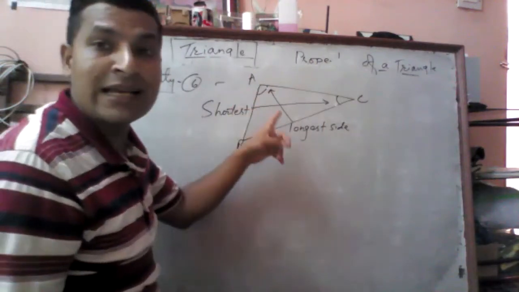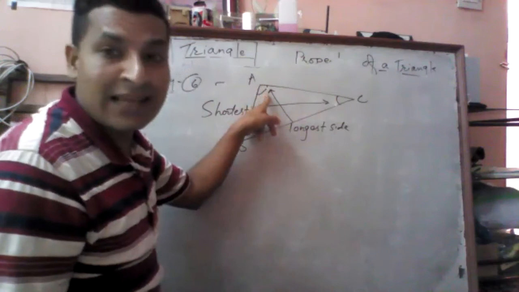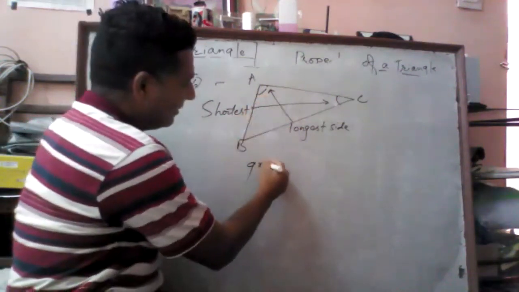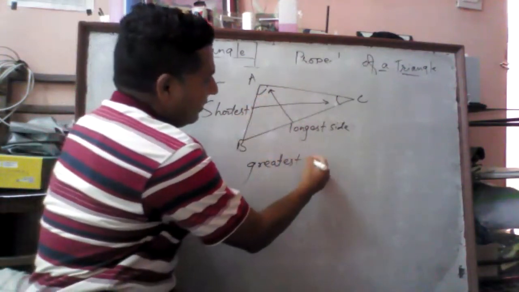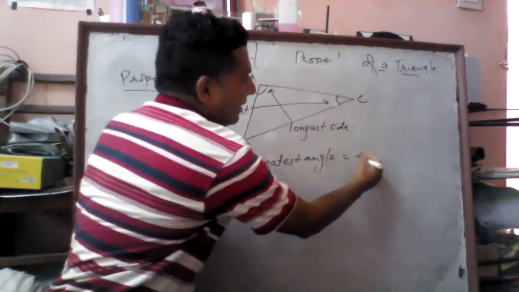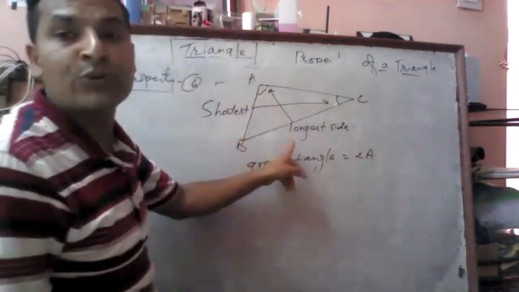which one is the greatest angle? Yes, the greatest angle is angle A because it is opposite to the greatest